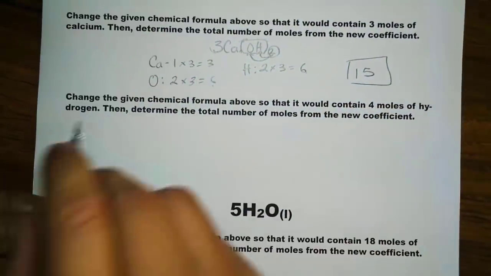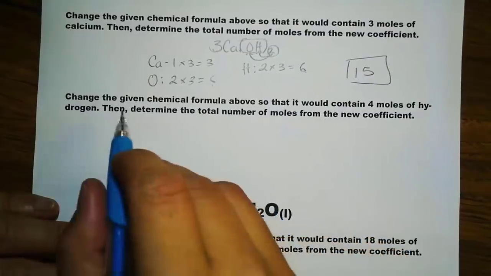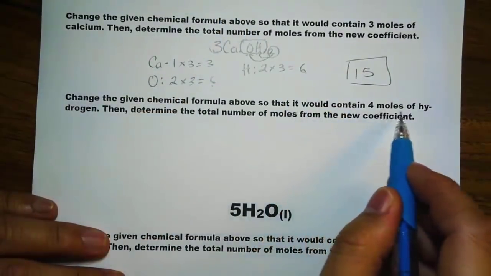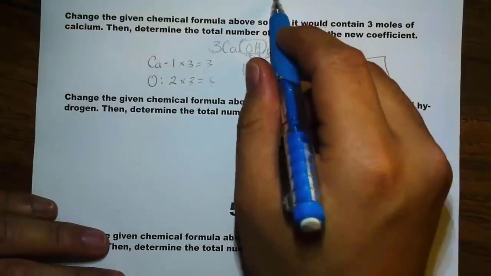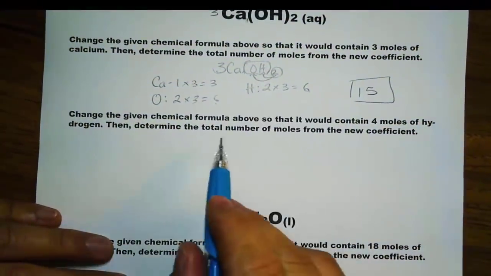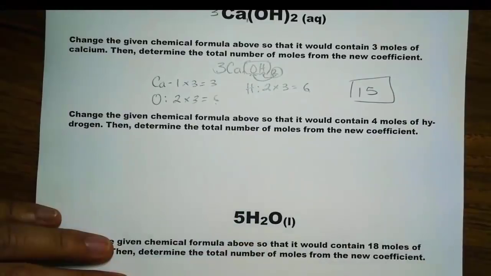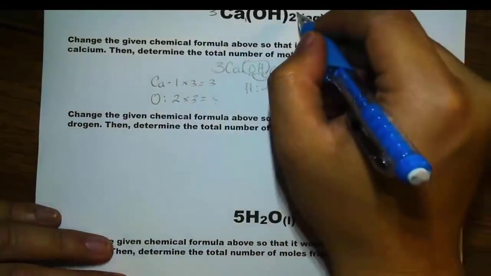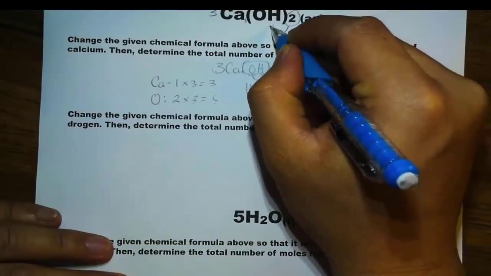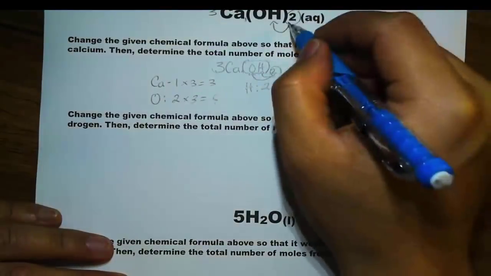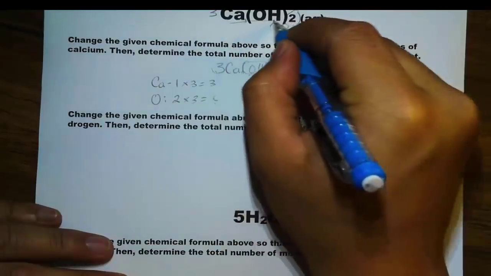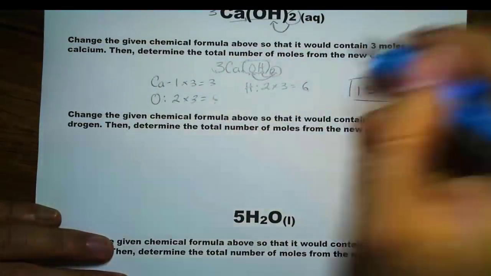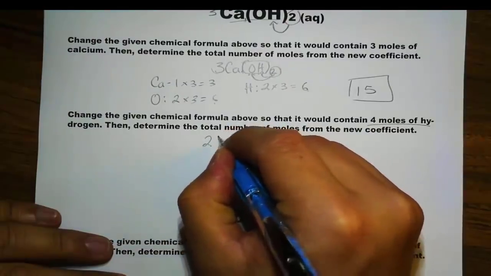Isn't that easy? Now let's try another problem. Change the given chemical formula above, which is the same one, so that it will contain 4 moles of hydrogen. Now we focus on the hydrogen, then determine the total number of moles from the new coefficient. So I want 4 moles of hydrogen, which right here, each one gives me 2. So how many more do I need? Of course, I need 2. So therefore, we have 2